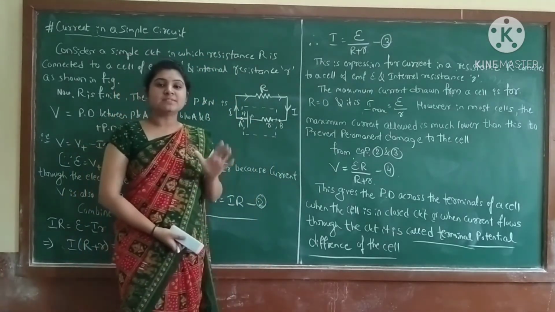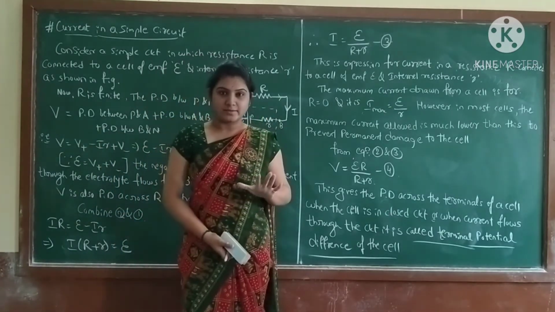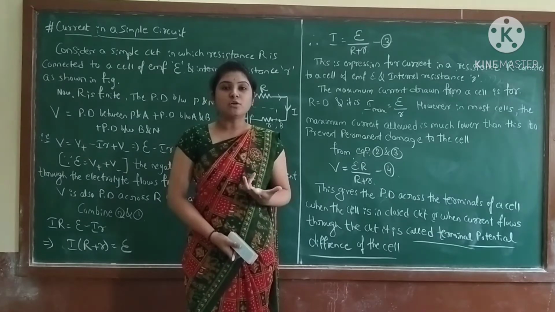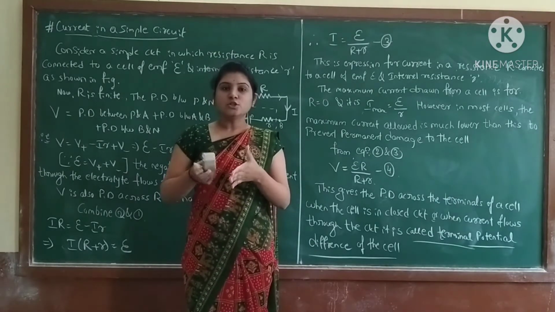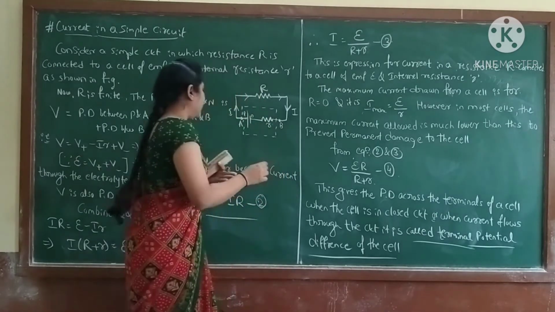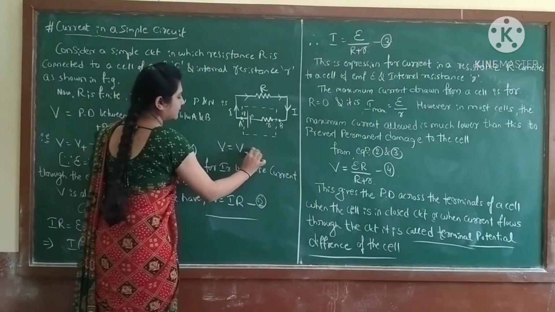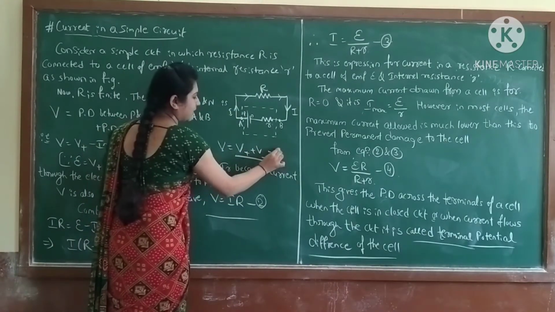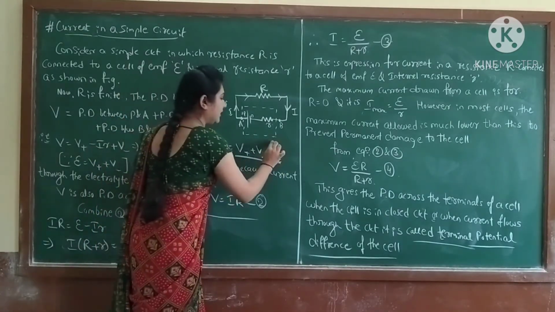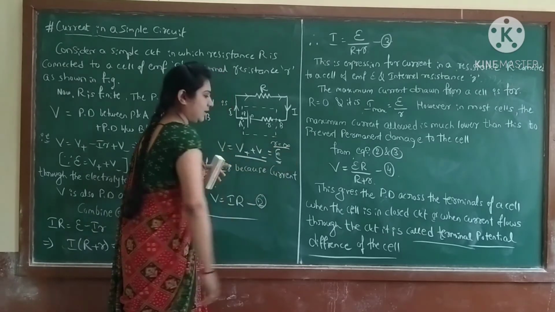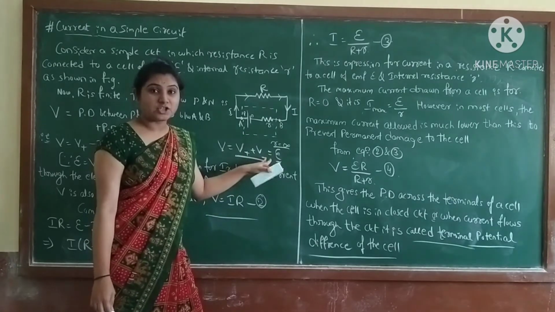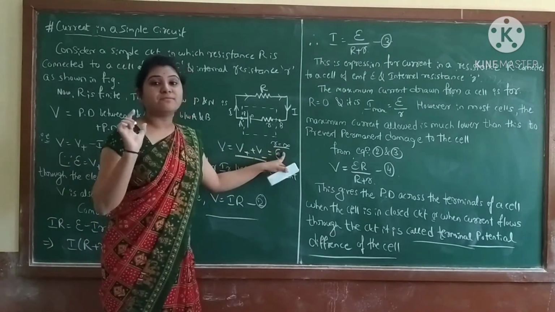See, in the previous case we discussed R is infinite. So the total potential difference, how much we got? That is 0. So nothing but the EMF we got. That is V is equal to V plus V minus. This is nothing but the E. This much we got in the previous case when the internal resistance is infinite. Correct? So today we are taking the next condition, that is R is finite.